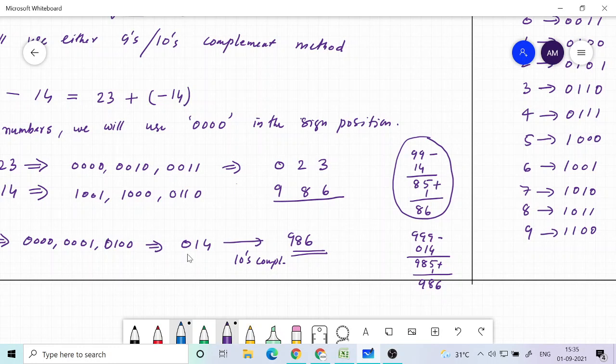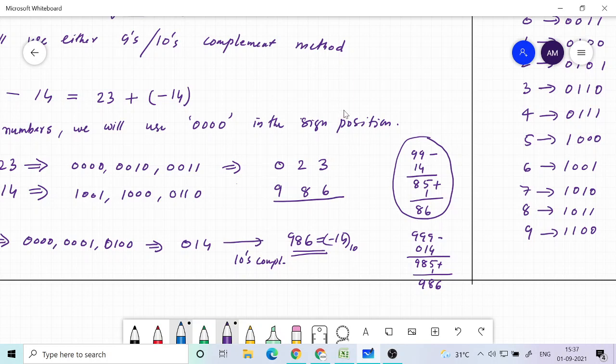We first wrote 0 1 4 and then took the tens complement. So this is basically equivalent to minus 14, right? So how to get 986 from 0 1 4? We need to do this subtraction again, but for that we need additional circuitry, which is not convenient. So the whole purpose of coming into codes is to make it smooth.